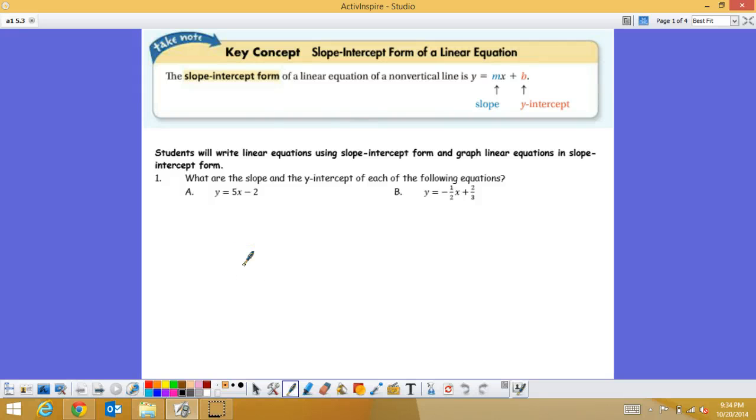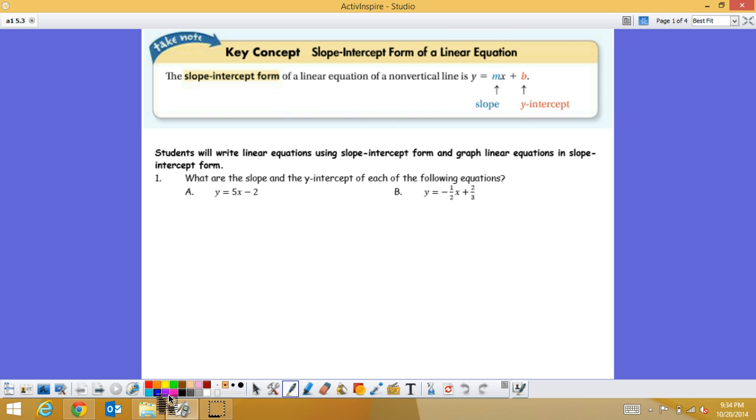Over the course of the next few days, we're going to look at specific forms of linear equations. The first one we're going to look at is slope-intercept form, and probably the one you are most familiar with. And that is defined up here at the top,